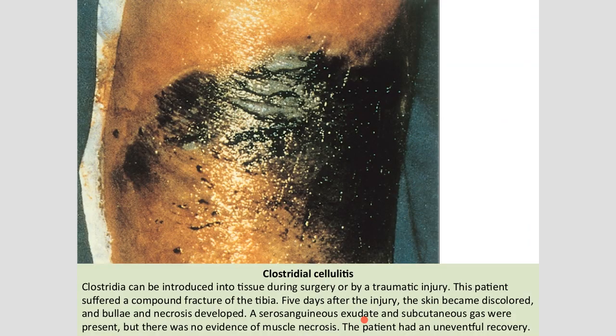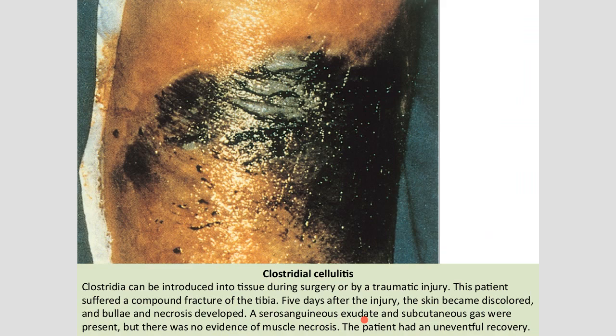This is cellulitis. You can see from here typical cellulitis. And we saw cellulitis for staph as well and strep as well. The difference is that this one is more of after a traumatic injury. The person had a fracture of the tibia, and after 5 days, it develops this kind of skin discoloration, and you can see it's oozing out some of the material over here. If you were to touch it, you would feel that bubbly thing. That's a dangerous part because it shows that maybe